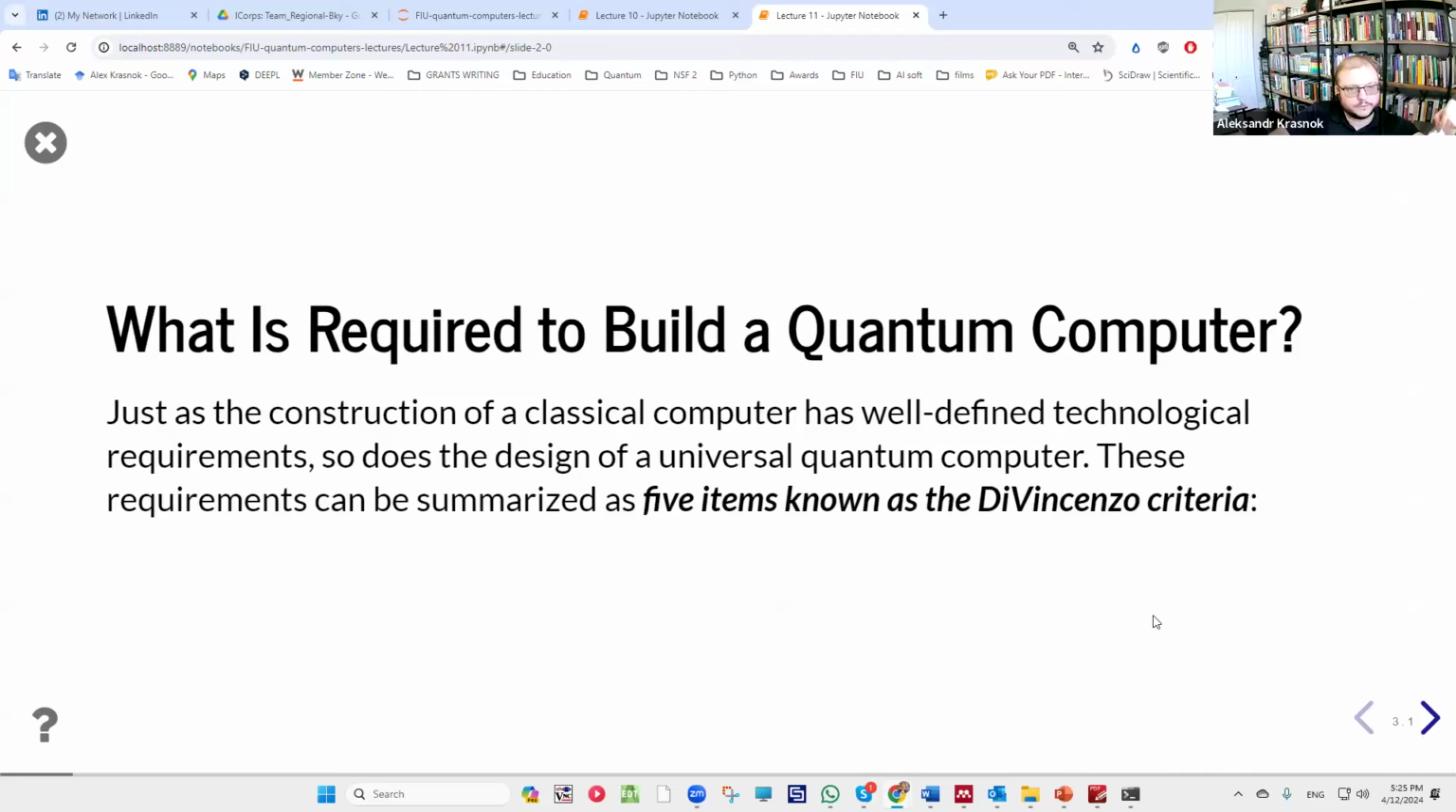So what is required to build a quantum computer? In this course we discuss the